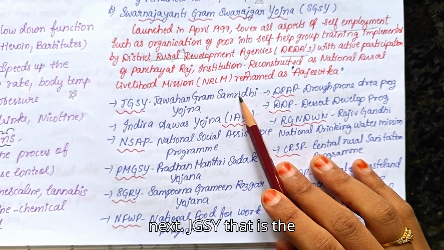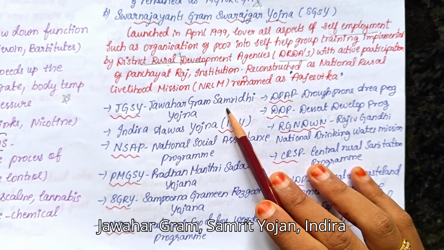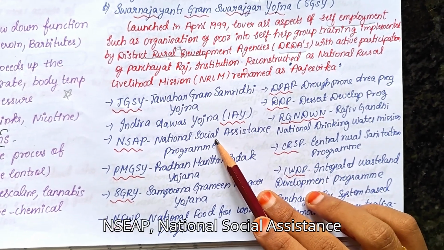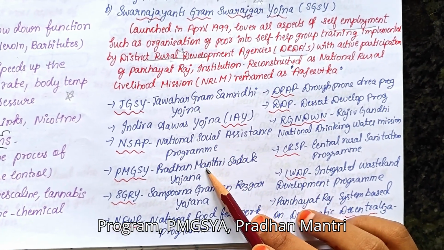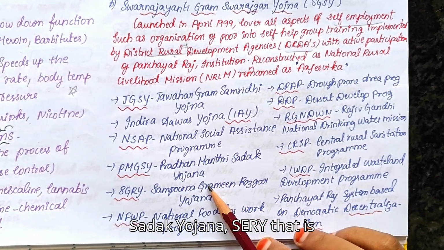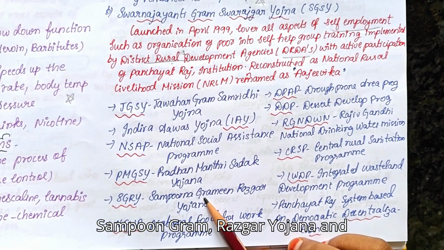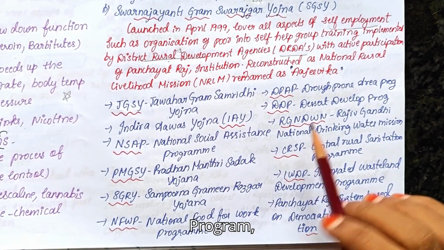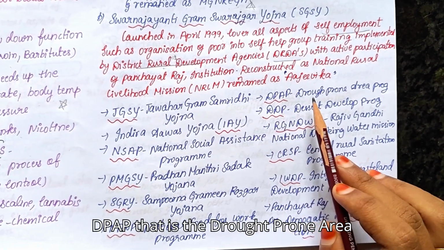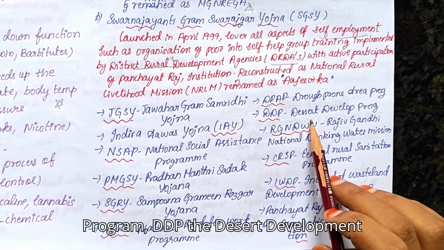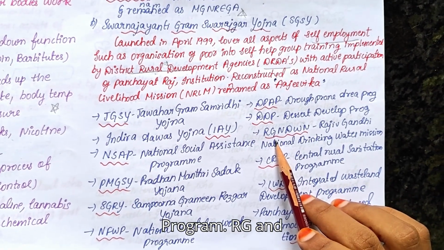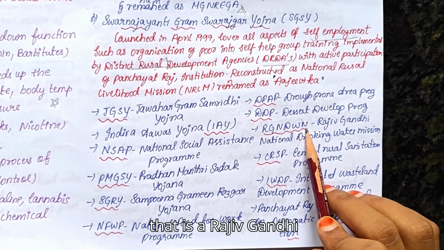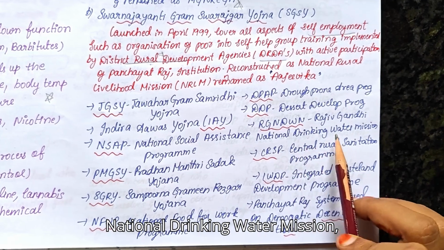Next, JGSY, that is the Jawaharlal Gram Samriddhi Yojana; Indira Gandhi Awas Yojana, IAY; NSAP, National Social Assistance Program; PMGSY, Pradhan Mantri Gram Sadak Yojana; SGRY, that is Sampoorna Gramin Rozgar Yojana; and NFWP, that is the National Food for Work Program; DPAP, that is the Drought Prone Area Program; DDP, the Desert Development Program; RGNDWM, that is the Rajiv Gandhi National Drinking Water Mission,